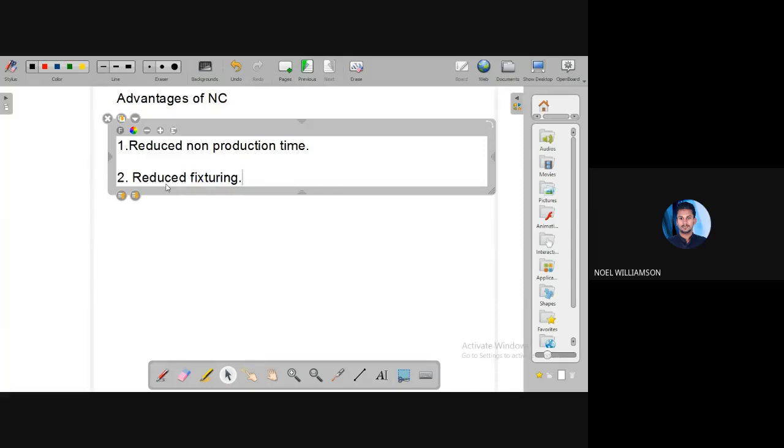We have already seen jigs and fixtures, used in order to fix a job. Mainly to position the tool to a particular point, we are using jigs and fixtures. But in the case of numerical control, we are using various programs, so that we can easily locate or position the tools. So the fixturing is not that much required. So there is reduced fixturing.